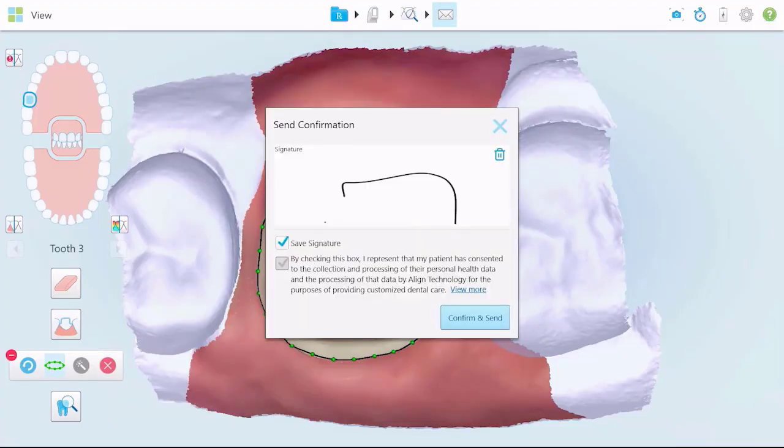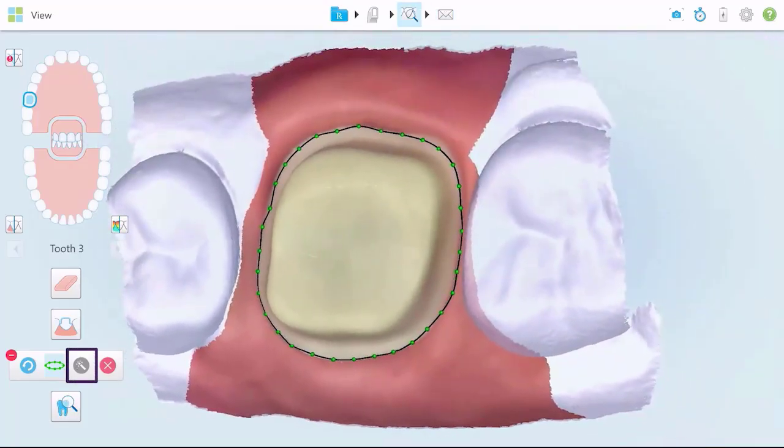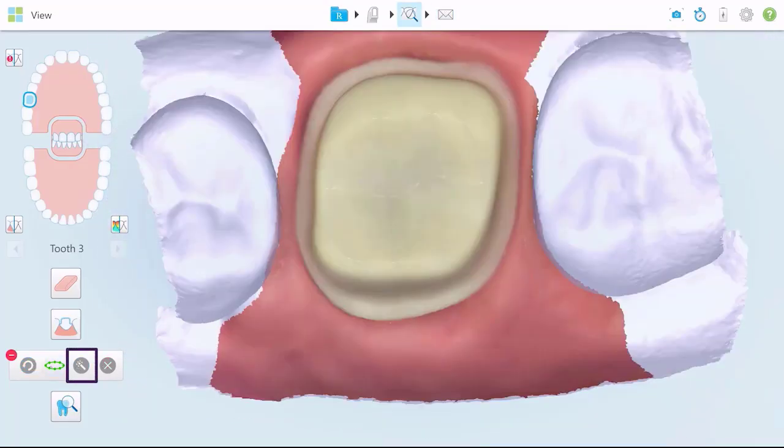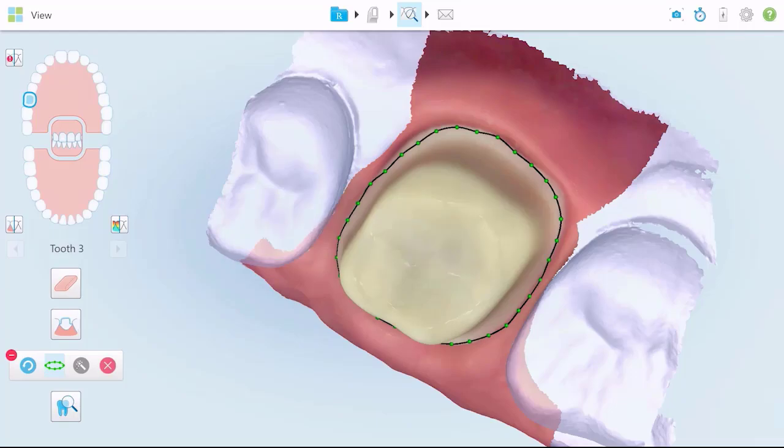Note that after opening the margin marking tool, the margin is sent to the lab. If the margin line is marked unintentionally, tap the Delete button before closing the tool. Otherwise, it will be saved. The Wizard button is disabled when the margin line is visible and will be enabled when the margin line is deleted. When enabled, tap the Wizard button to automatically draw the margin line.